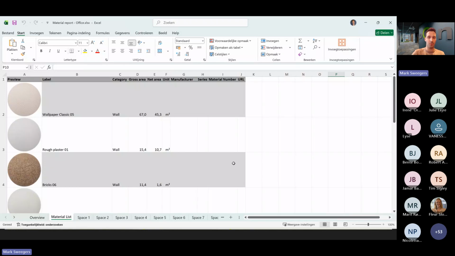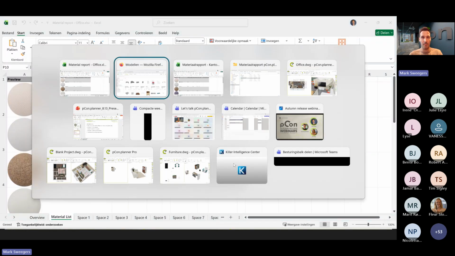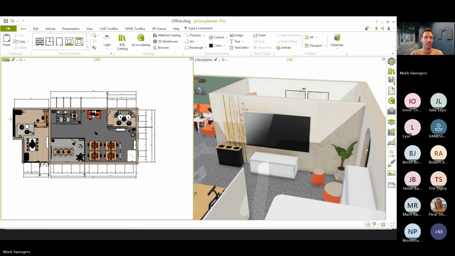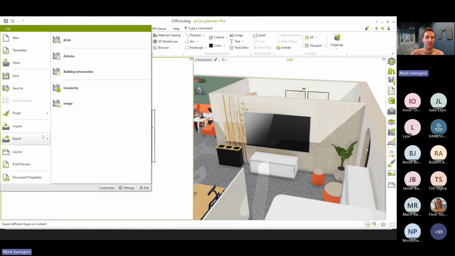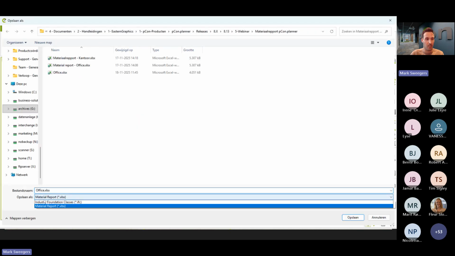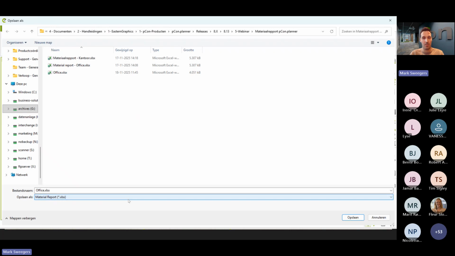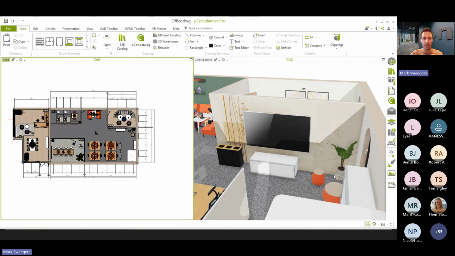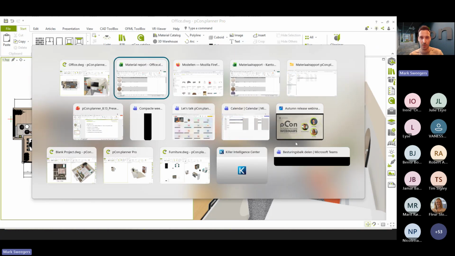So just go to the main menu in pCon.planner, click on File, Export, Building Information, and don't forget to select the Material Report, XLSX. Just select the rooms that you want to be included in the Excel file, press Enter, and you're good to go. So I hope that's clear. Getting back to the presentation again,